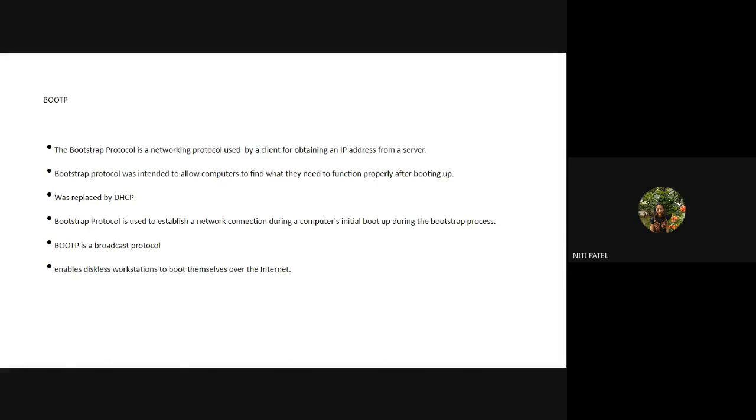Now let me explain you the working. Have you understood that there is one machine which has nothing, only a network connectivity, and one machine which has everything, and that machine is going to provide an operating system to the diskless machine through a network connectivity? Now listen. The bootstrap protocol is on the machine which has the operating system and everything working. The other machine which does not have anything we call the bootstrap client, and the machine which has everything is called the bootstrap server.